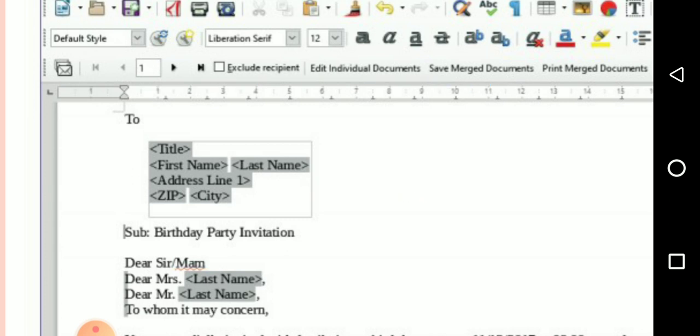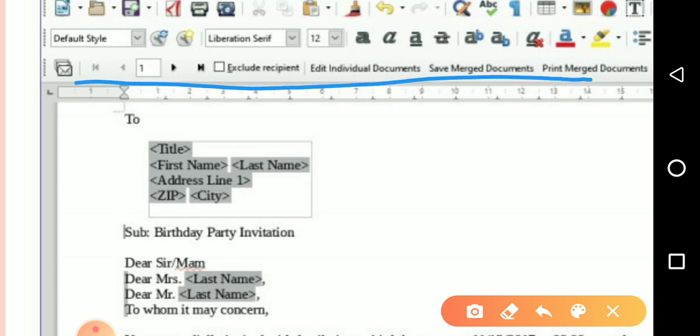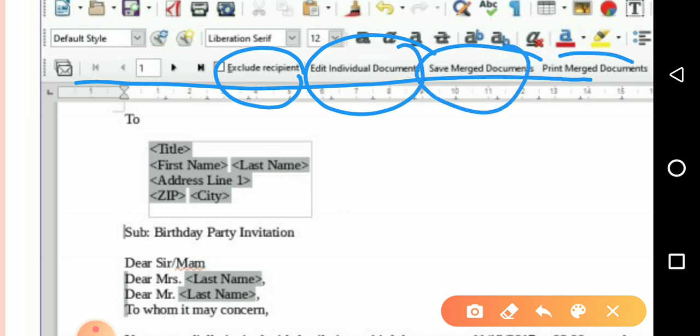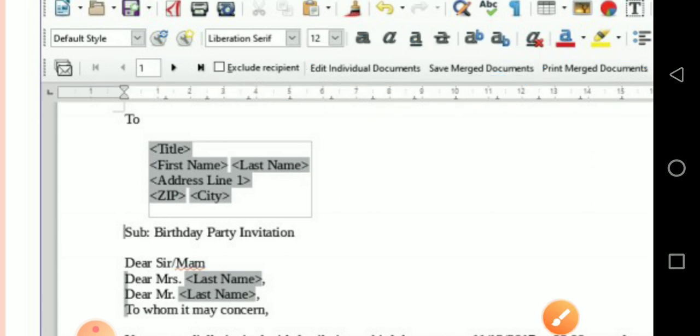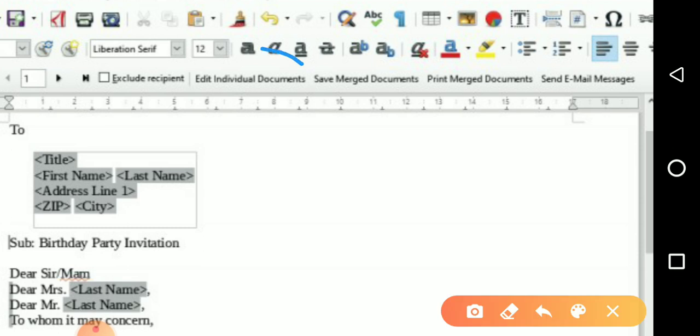See here: exclude recipient, edit individual documents, save merged documents, print merged documents, etc. Now you will click on the option called edit individual documents, because you are going to create individual documents from all the addresses given.